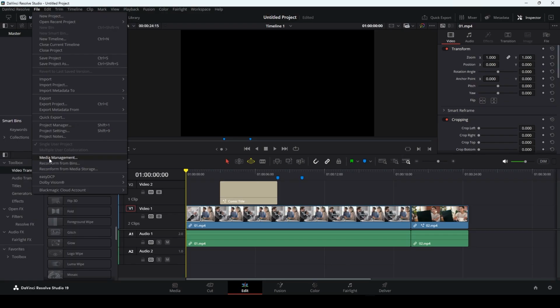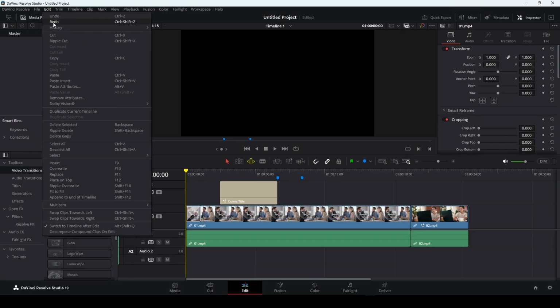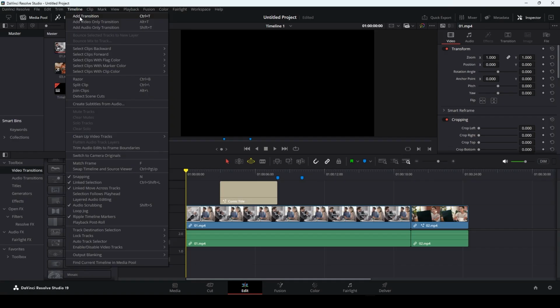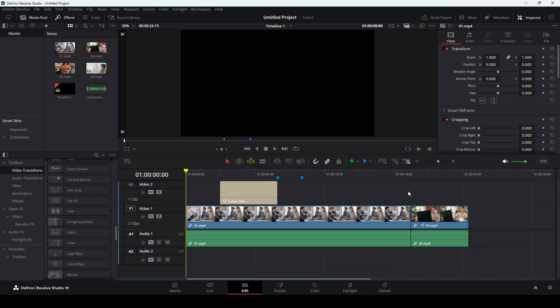We can also do the media management. Then we can choose these different options for our pasting. Then we can do the trimming section from here. Then we can add transitions: add video only transition, add audio only transition. If we want to add any transition,